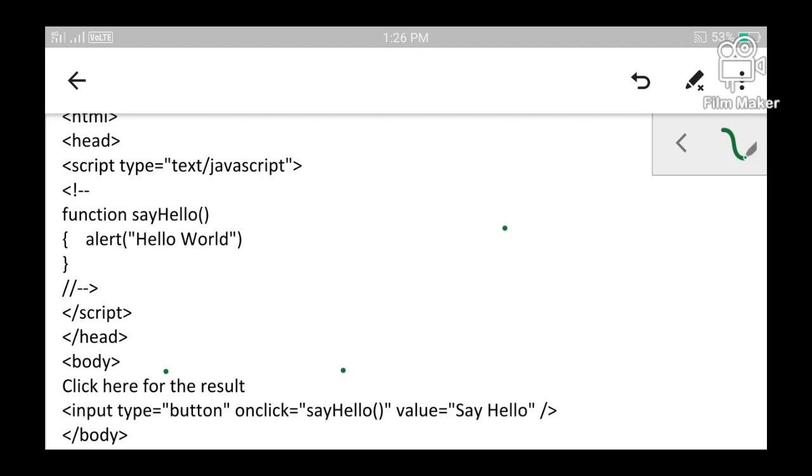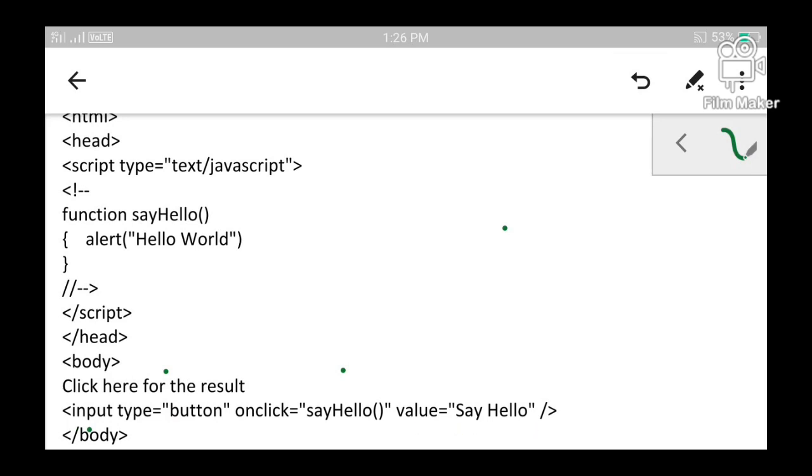That means, since within the body a message is written, click here for the result, that message will be displayed as such on the screen. Click here for the result. Along with this message, a button will be displayed. What button? It is an input type button, whose value is displayed as say hello.